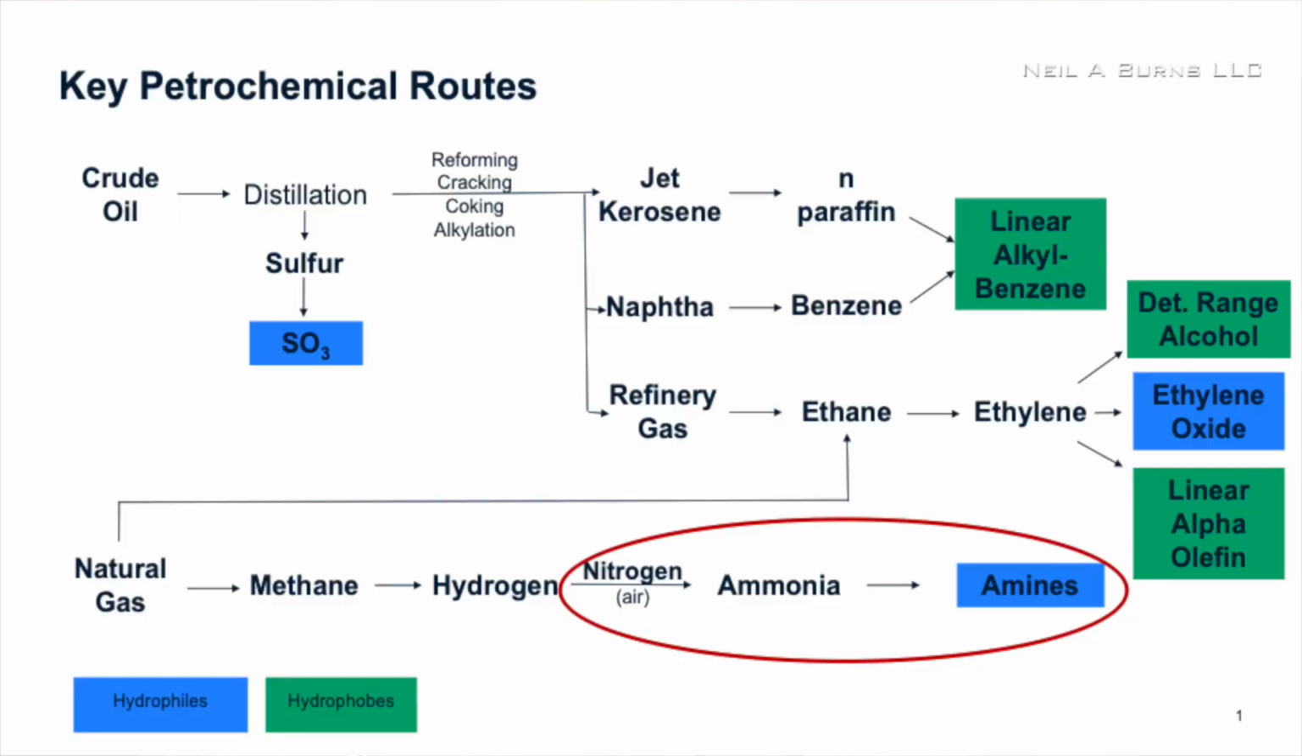You've seen this one before. Nitrogen from the air plus hydrogen gives you ammonia. Haber-Bosch process, very important for Western, in fact, all civilization. That ammonia gives you different types of amines, which we'll now look at in terms of key building blocks for